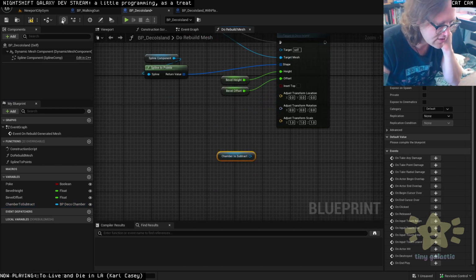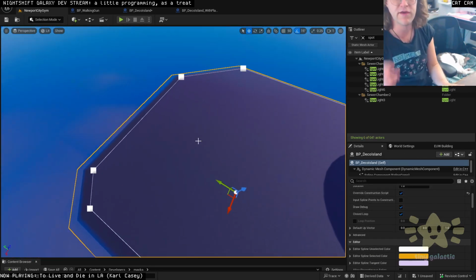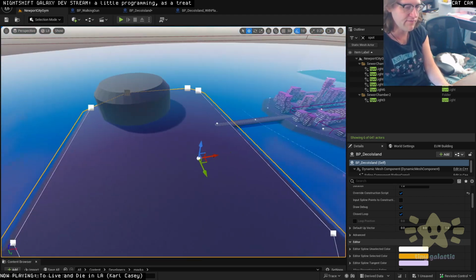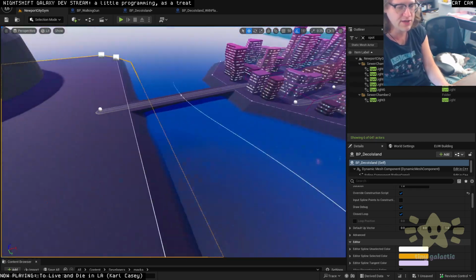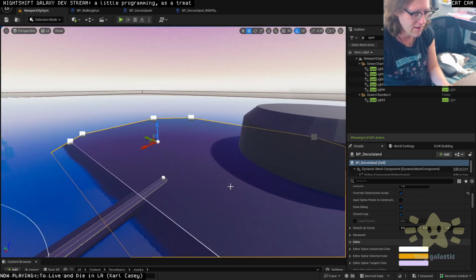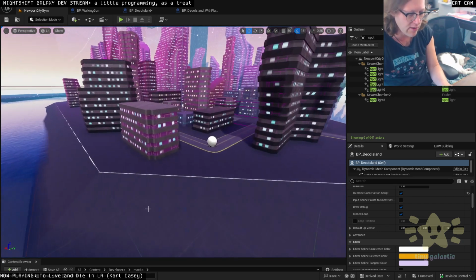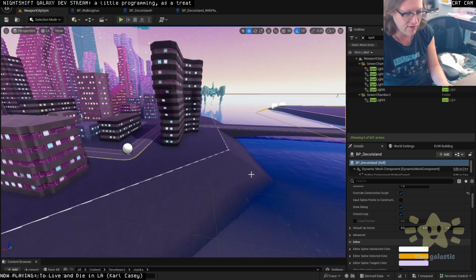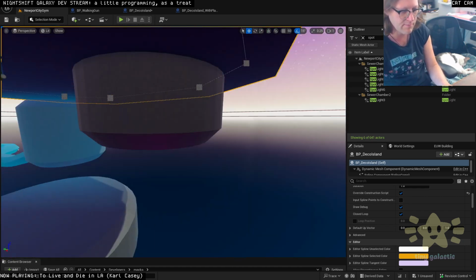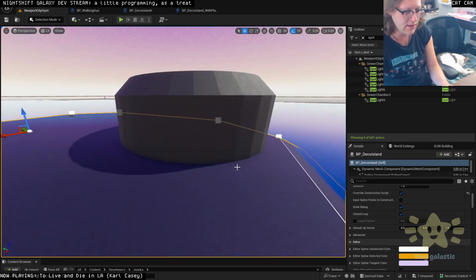So then when we are rebuilding the mesh for this island, there was an earlier stream where I showed this, but the way the islands are made, as you can see, I have a spline for the boundary and then it just creates the mesh. Eventually I want it to be a bit smarter and do some more stuff, like auto greeble this coastline a bit. But in the meantime, all we need is basically